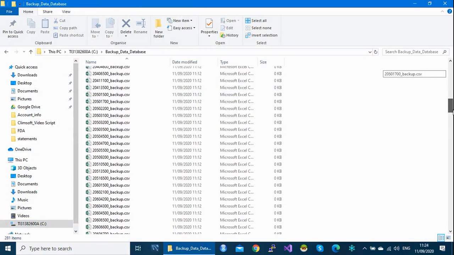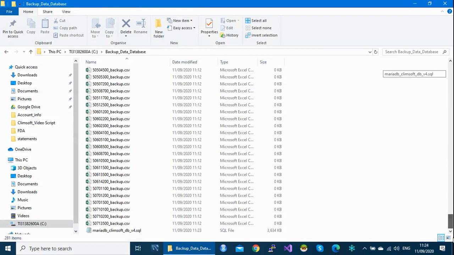If you scroll down, here is our file. Now we have two items. We have backed up our data in one way, and in the second way we backed up our database. So we have both resources, and in case our computer gets any issue, we will be okay.